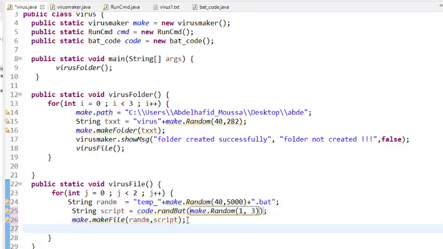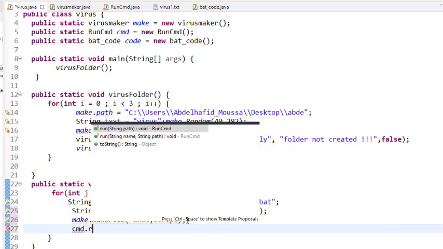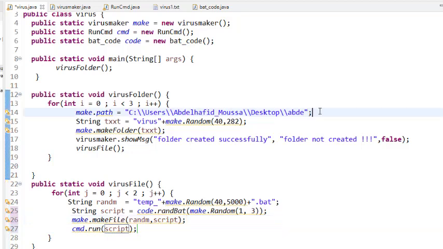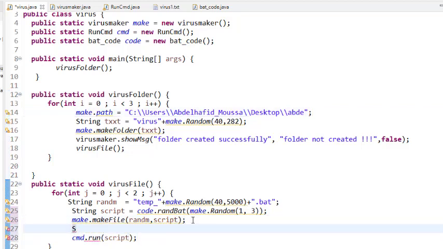I will put it here. After that I will write here cmd dot run. So I will run with one path, this method. So here is the path that I will use. First I will go to this part, or just let me use it here. I will create a string, as you can see here. I will give it the name txt. I will write here first make dot path